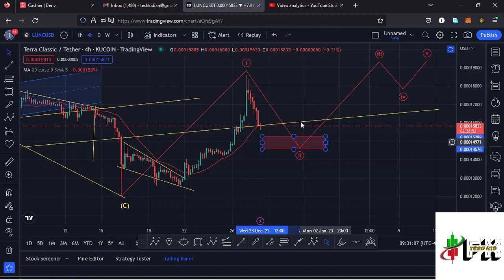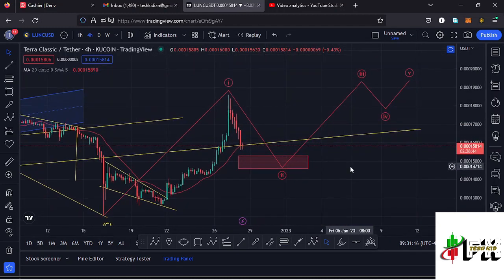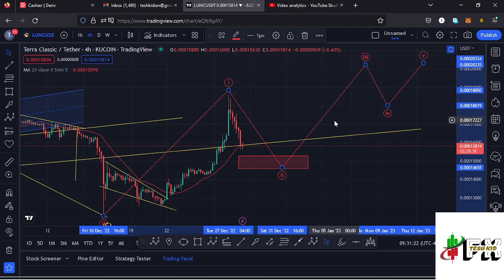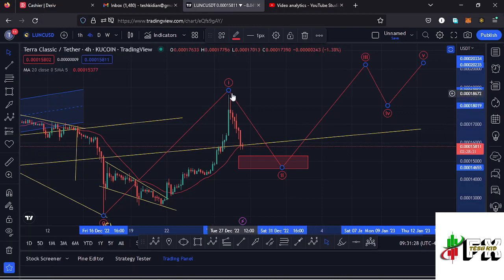There are chances that we might continue seeing lower prices get back into this target area. And once we get into this target area, then I'll be expecting another impulsive movement to the upside in the formation of this wave 3 before we see a wave 4, and then continue pushing even higher in the formation of that wave 5 to the upside. So that is my short-term scenario that I'm expecting to play out here on the Lunc chart. We must see this retracement to the lower side in the formation of this second wave. Once we fully maximize the formation of a second wave, then we can expect that impulsive movement once more in